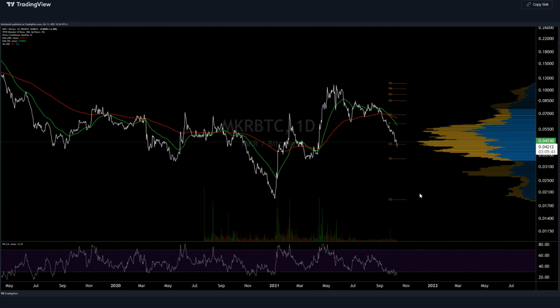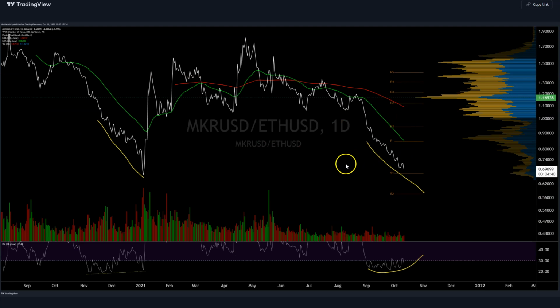Maker BTC looks probably one of the worst charts I've seen this week. No bull div yet, no volume yet, below volume support, death cross, losing monthly pivots. It does not look good for Maker BTC. And when I pulled up Maker ETH, I let out an audible gasp. That's how bad this looks. It looks bad enough to buy to me because it looks real bad.